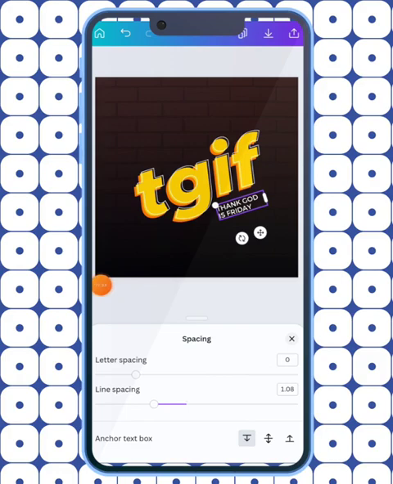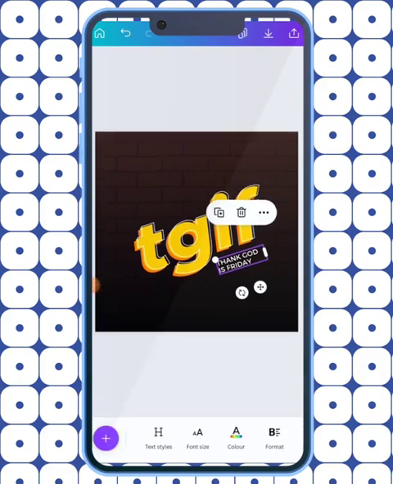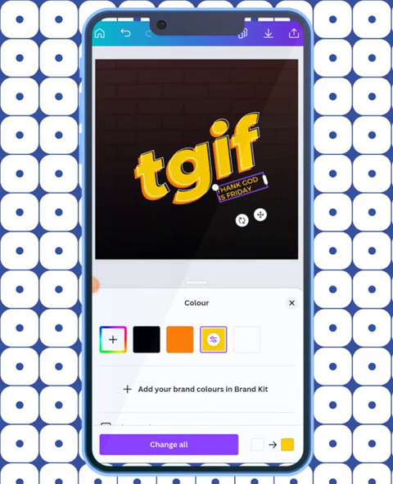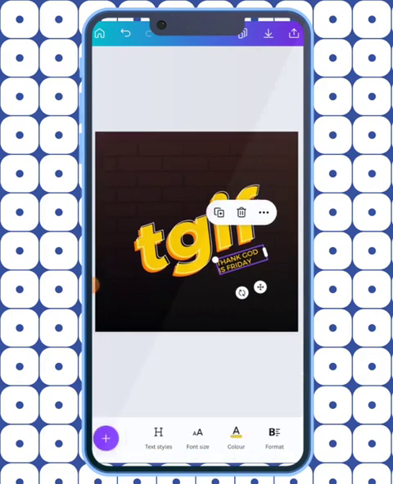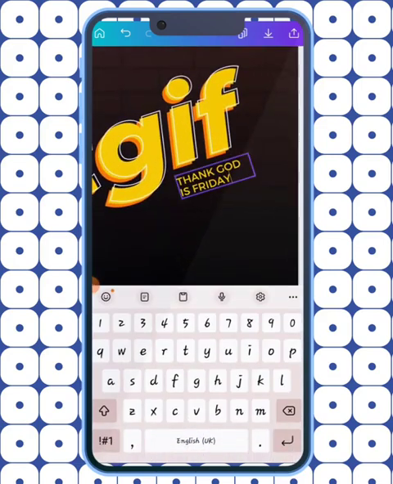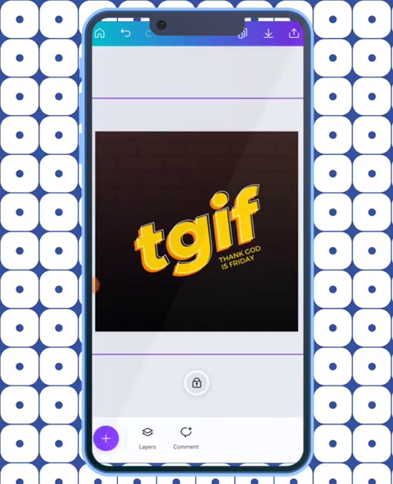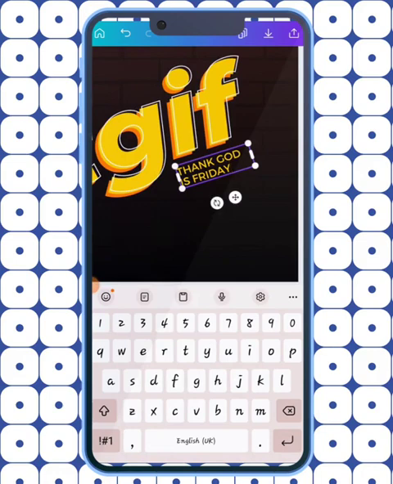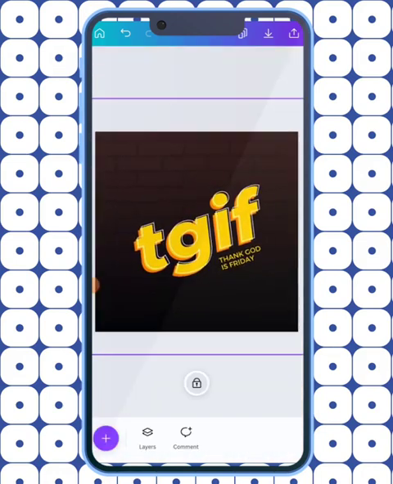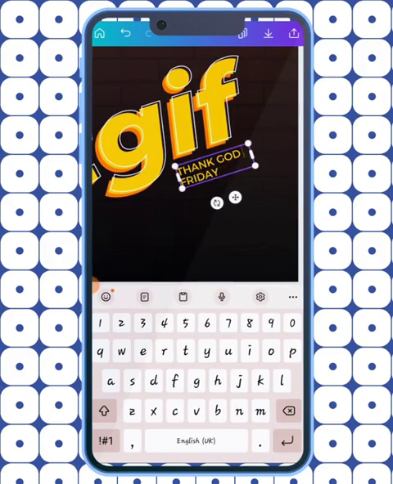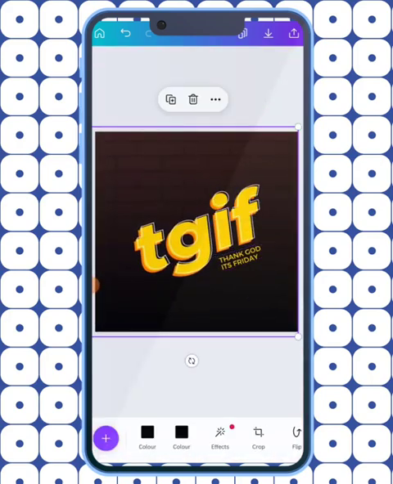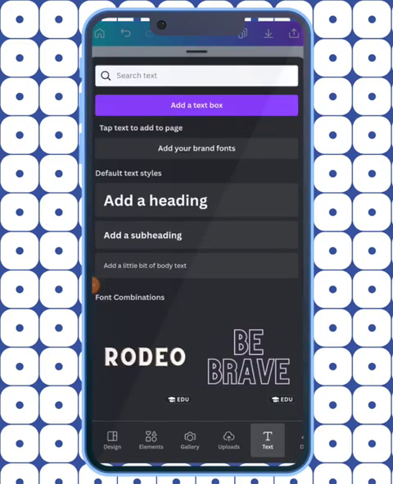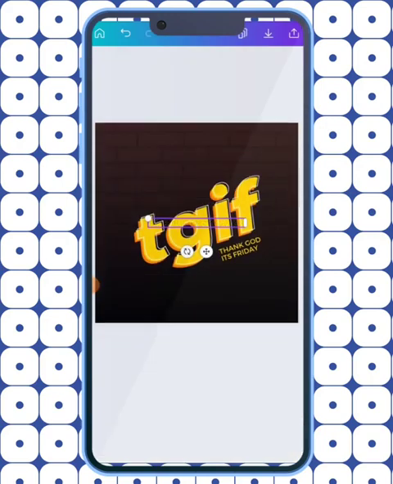All right, once we are through with it, we go ahead and change the color to this. No, let's use this one. So let me edit it. It's Thank God It's Friday. All right. So once you are through with it, you tap on this again, add a heading, edit, then you are